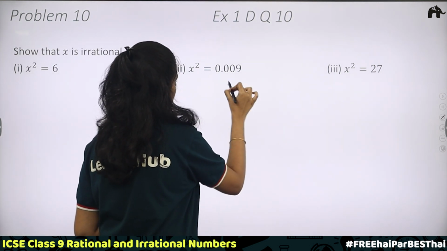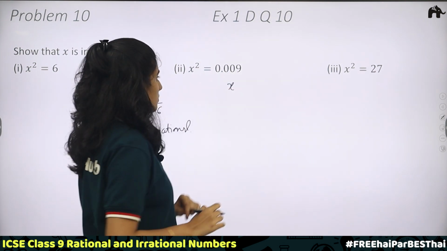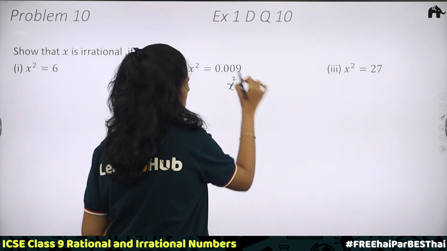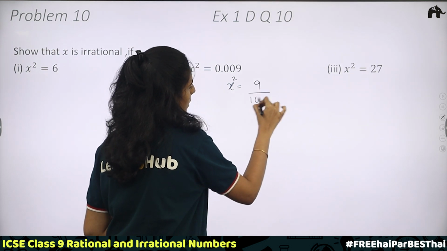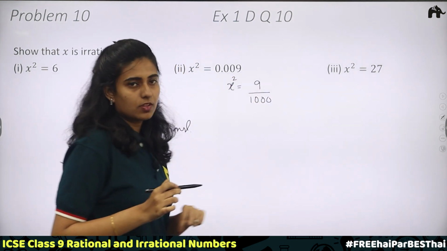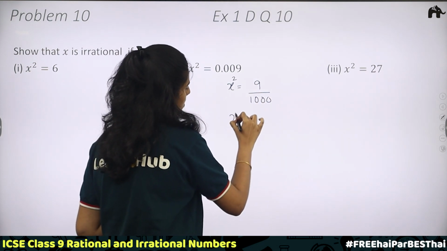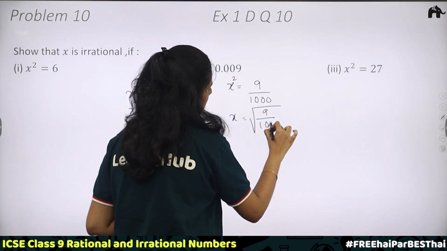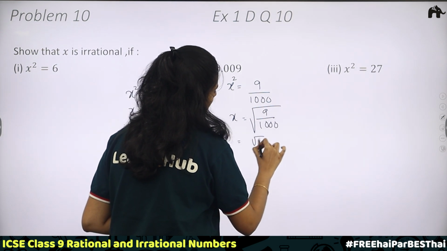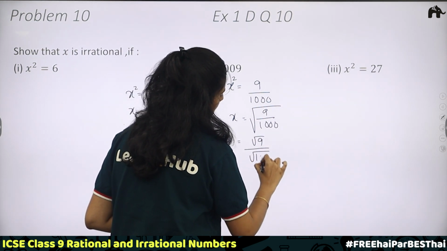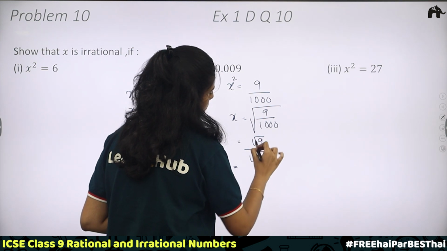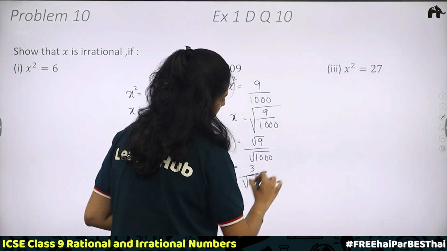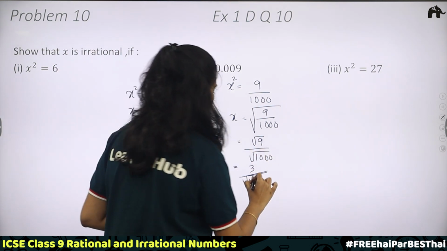Second, x square is equal to 0.009. This can be written as x square is equal to 9 divided by 1000, 3 decimal places. Okay, 9 by 1000. Then what is x? X will be the square root of 9 by 1000. That is root 9 divided by root of 1000, which is equal to root 9 is 3 divided by root 1000. That is 1000 is 10 into 10 into 10